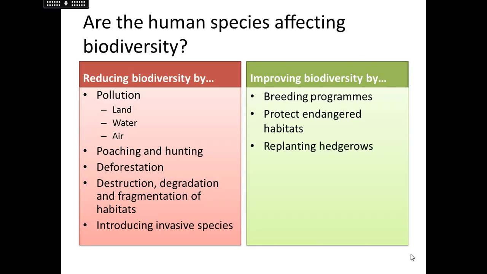We're replanting hedgerows. Now, a while ago, we used to have quite small fields, but as population numbers have increased, we've needed to grow food at a much faster rate. So what they did was they made fields bigger so they could grow more of one thing much more easily, especially when they started getting machinery like tractors, etc. in.